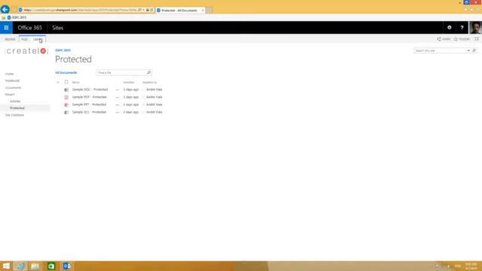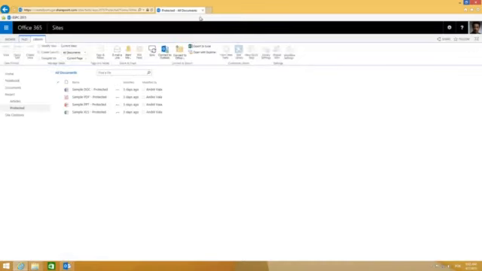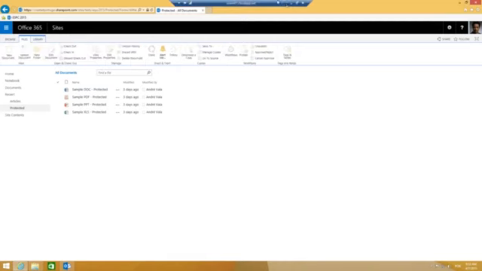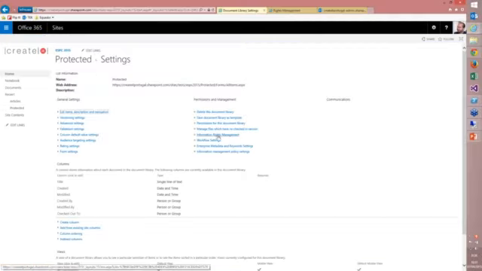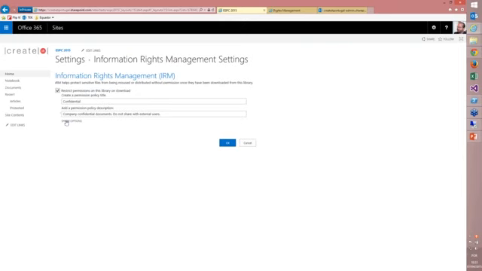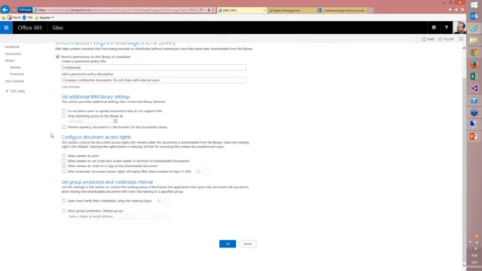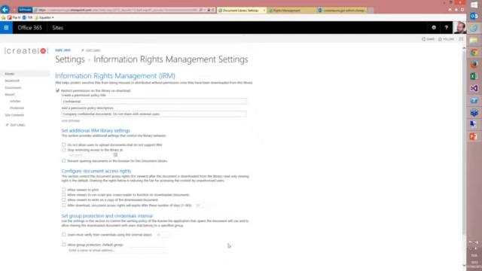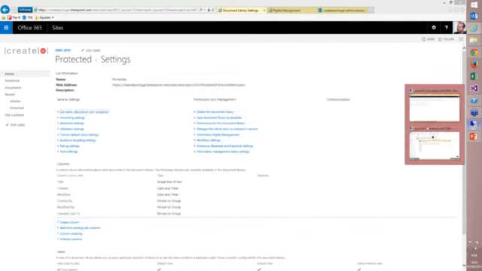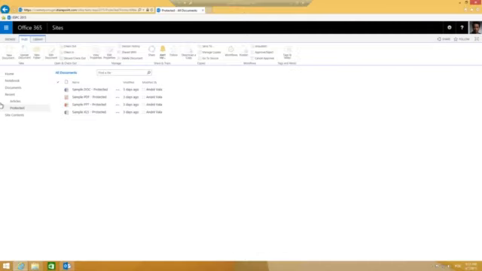So let's go back a bit. And now let's go again to the document library settings. I have to do it on my browser. Let's open it. Let's change the configuration for IRM on this library. Let's prevent it from opening in the browser, and let's allow users to print it. Okay. Now let's go back here